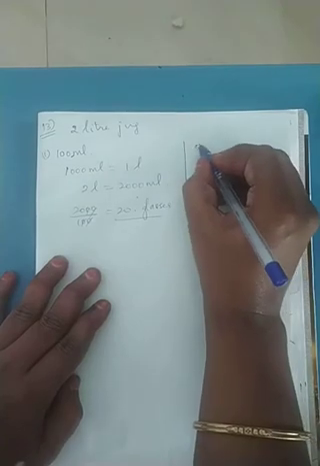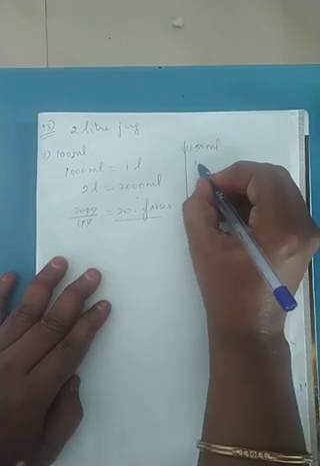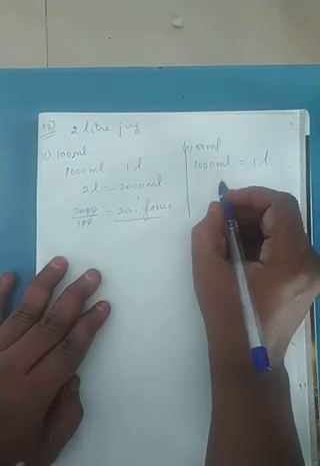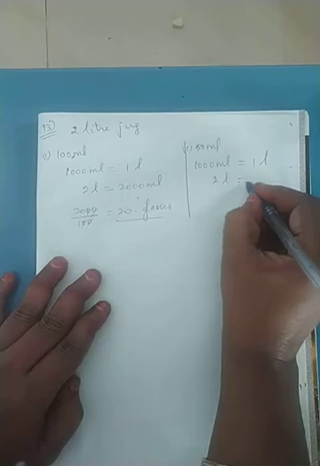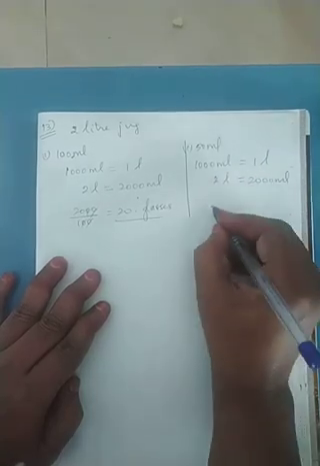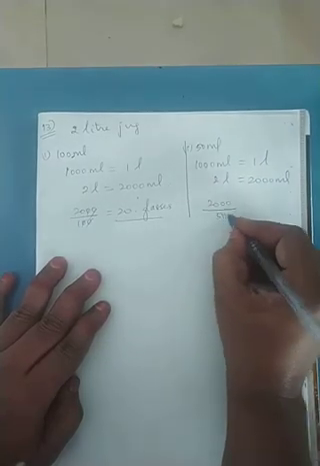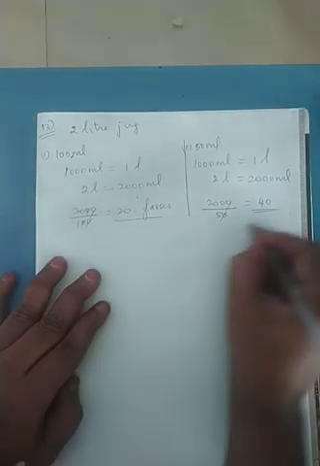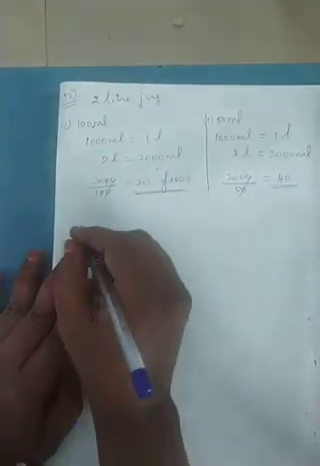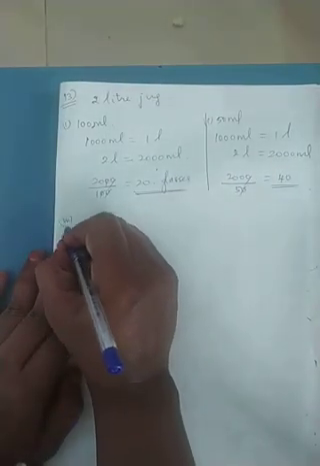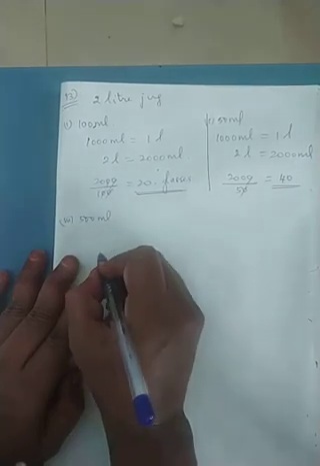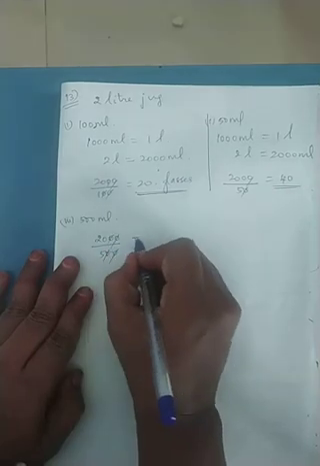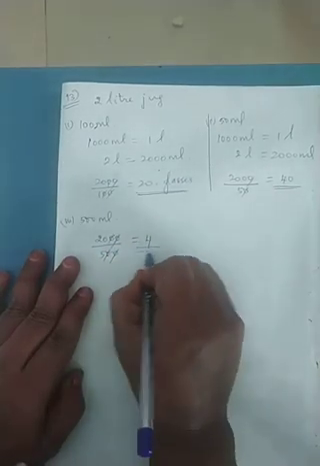Now 50 ml. 50 ml means what will happen again? 1000 ml is equal to 1 liter. Then for 2 liter it will become 2000 ml. Now 2000 ml divided by 50, I will be getting the number of glasses. So that is 40 glasses. This is 40 glasses, this is 20 glasses. Coming to the third one, 500 ml. Again 2000 ml divided by 500. This 0, this will become 4. This is 4 glasses are required.